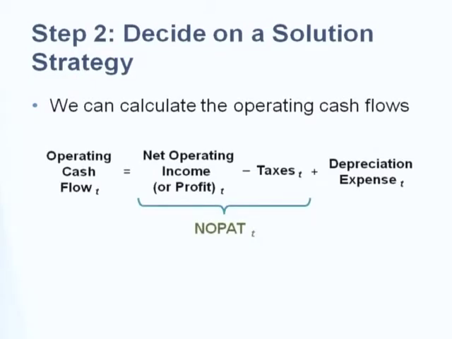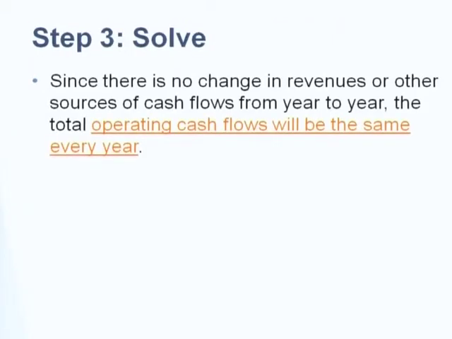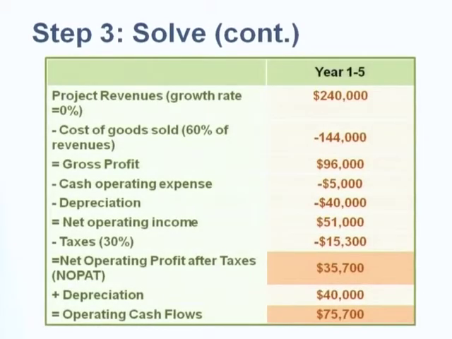So you can calculate operating cash flow at time t by using the formula: EBIT after tax, add back depreciation. Since there is no change in revenue, because the growth rate of revenue is 0, or other source of cash flow from year to year, the total operating cash flow will be the same every year. From year 1 to year 5, revenue will be equal at 240,000 minus 60% of revenue, or 144,000, which equals